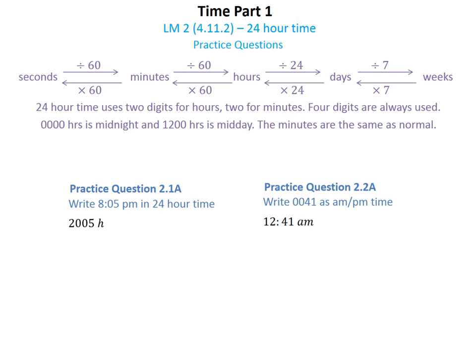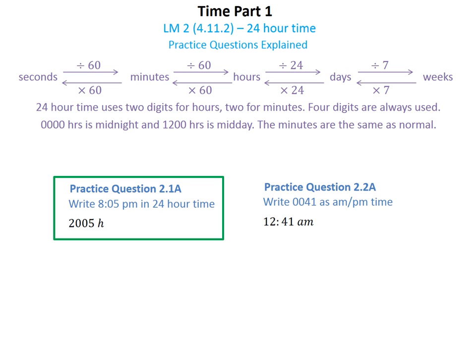There we go, the answers for those. So if I have to write 8:05 p.m. in 24-hour time, the 05 is exactly the same as what's there, so that's nice and easy. But the 8, I have to work out, is it going to be 08? Well, that's what it would be if it was AM, but since it's PM, I have to add 12 to it because it's 8 hours past midday, and so 8 plus 12 is 20, so I put down the 20,